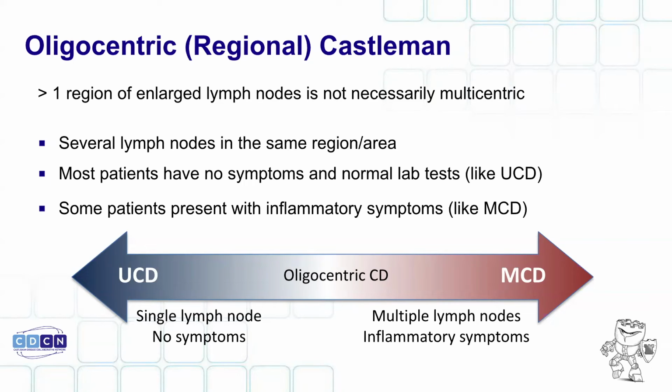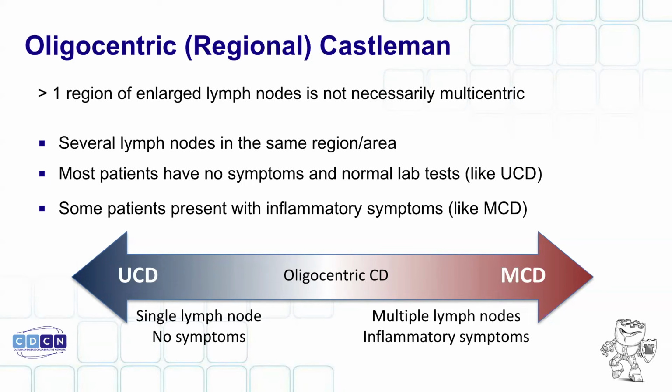Trying to think if there is a good across-the-board answer to that question. Right now, in terms of a lot of the clinical data, I would say that they are not necessarily applicable, with the exception of the UCD patients who have systemic symptoms. We're certainly just cribbing from the multicentric playbook and applying those therapies to unicentric patients.